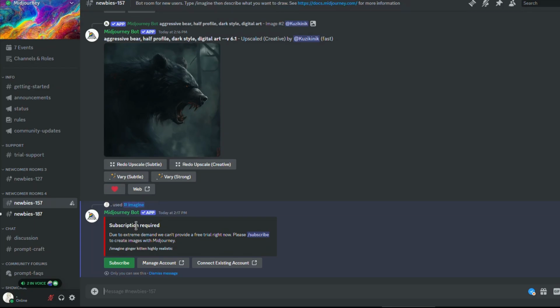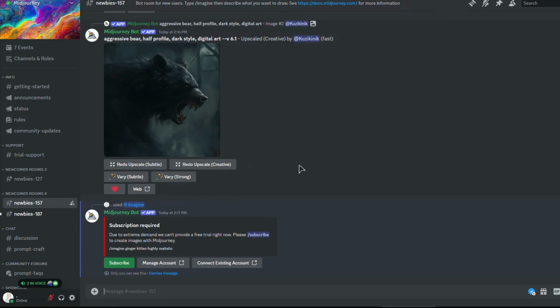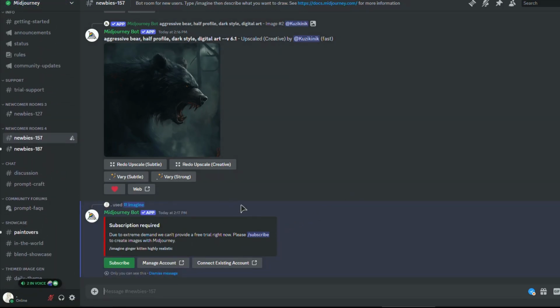I'm not really sure if this service is free anymore. Back when I used it about a year ago, I remember that this had a free trial, so you could input a few free prompts a day, but I suppose right now everything has changed and you have to buy a subscription. But in any case, you now know the process of how to actually perform the generating of the